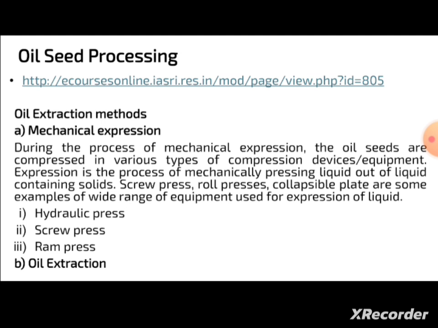In this process, mechanically pressing liquid out of liquid-containing solids is done, so there are different techniques and equipment used worldwide, like hydraulic press, screw press or ram press. These come under mechanical expression